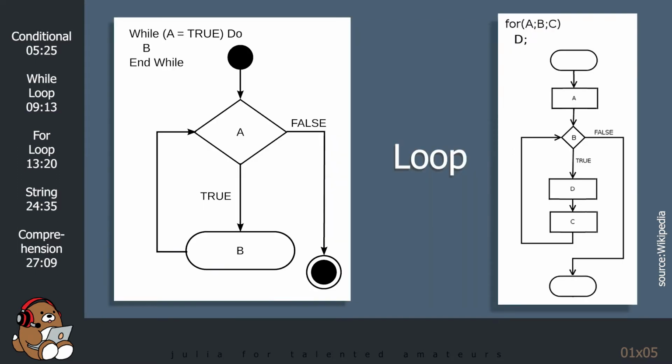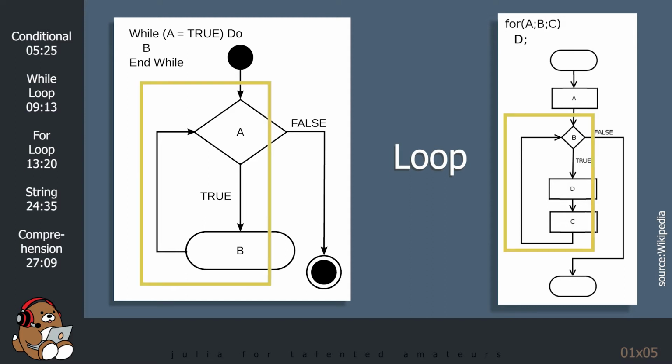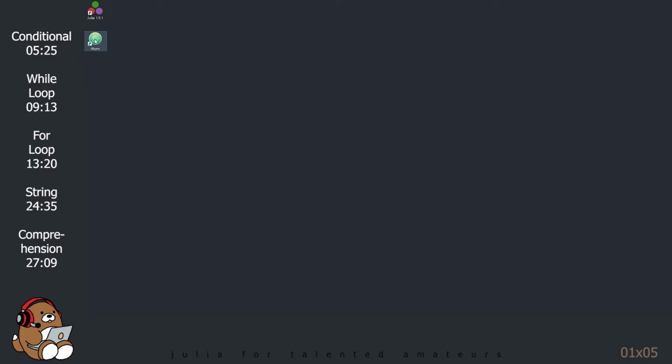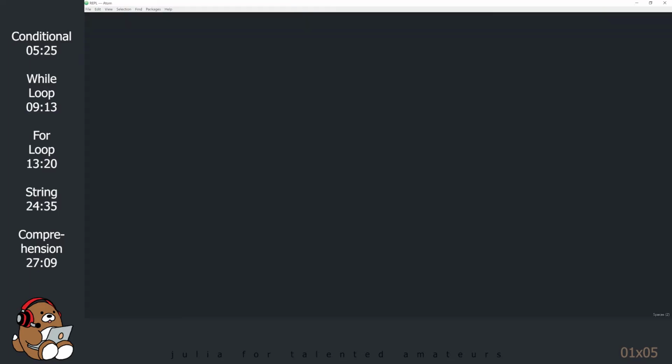A loop is a set of instructions that is specified once but may be carried out multiple times in succession. Using a loop allows the programmer to automate mundane, repetitive tasks on a massive scale. We're going to learn about control flow primarily by looking at a lot of different examples, so let's get right into Atom. Double-click on the Atom icon to launch Atom.